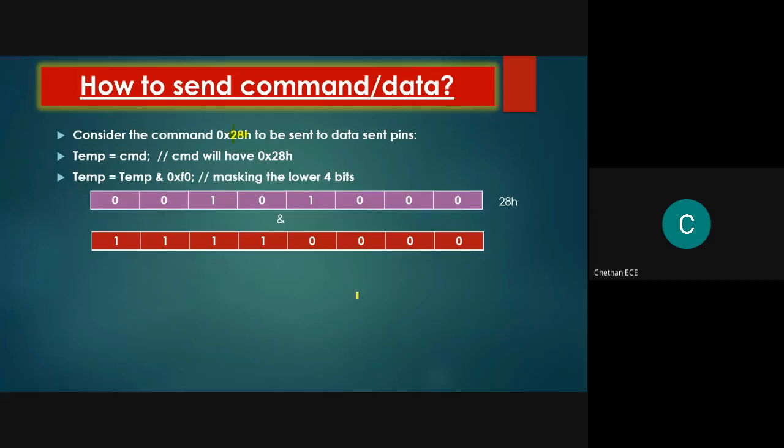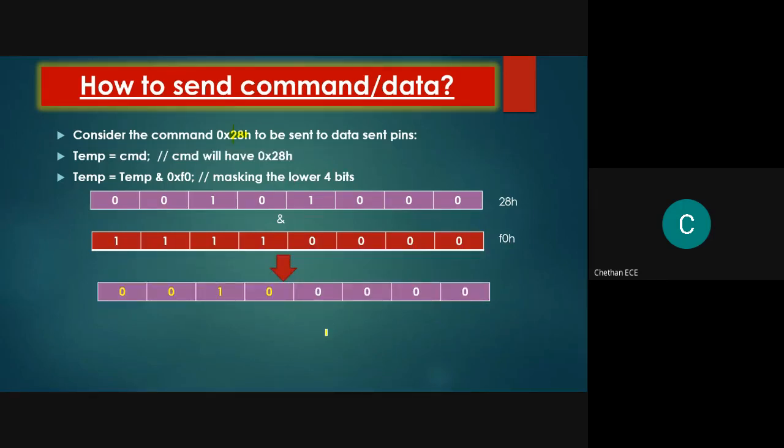Tirumalesh answered 20. Jagat Madappa, 20. Sinchana, Kiran, PS, Yashaswini. Okay, very good. The result after performing the masking operation is 20. You can observe that we have reached the first objective.